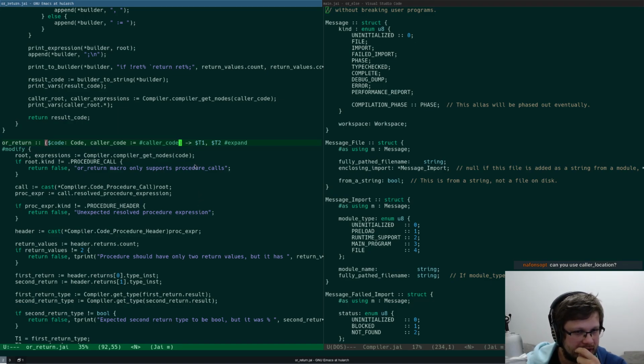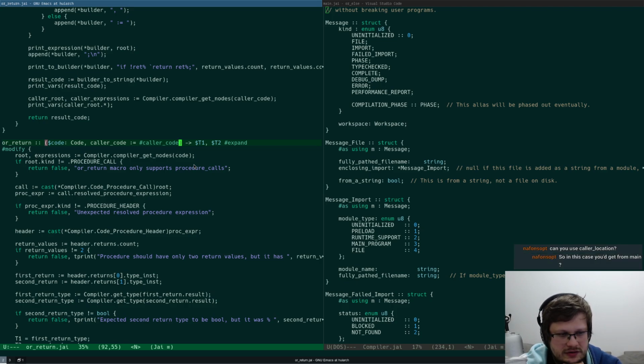So I need to get the color location of one more step, like one more up. I'd get it from main.